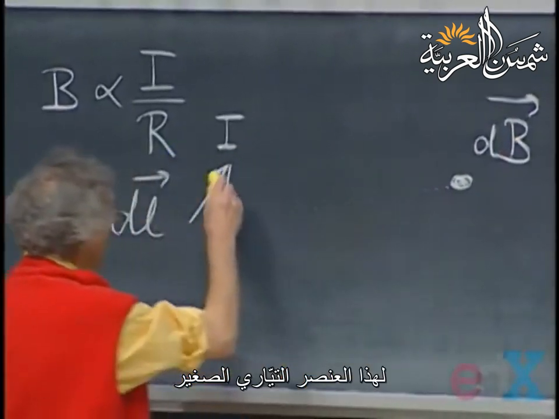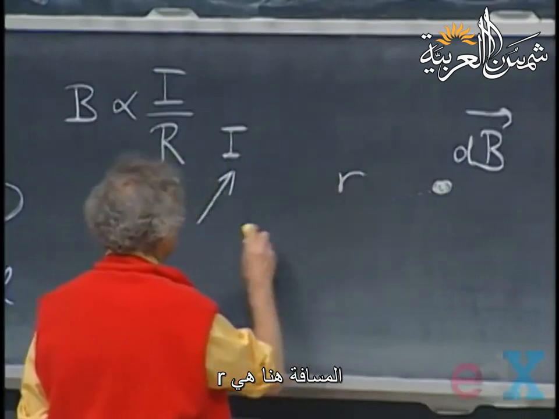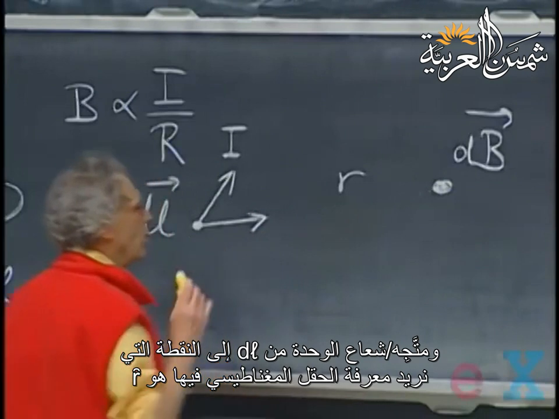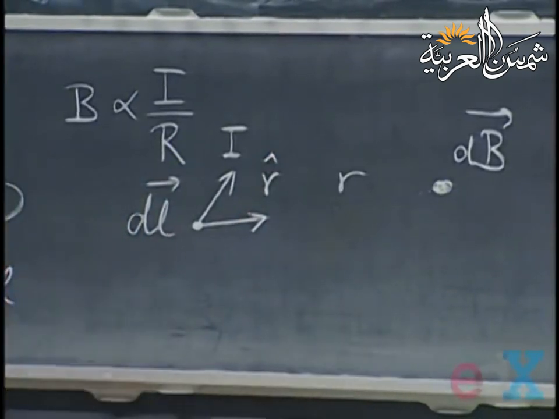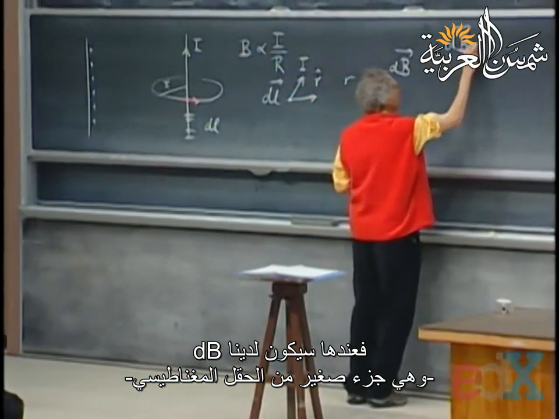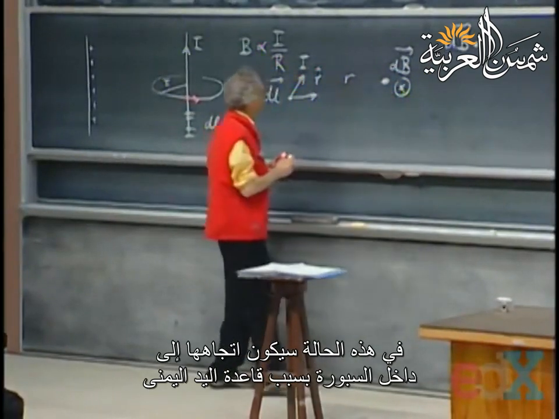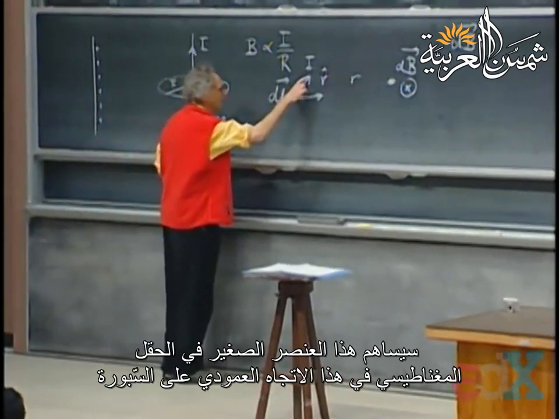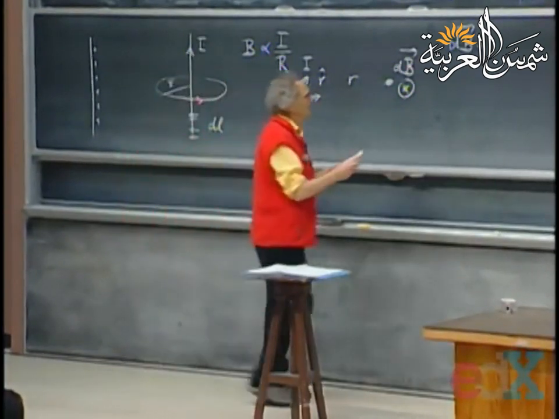it's a small contribution dB to that little current element, and the distance is r, and the unit vector from the element dl to the point where you want to know the magnetic field is r roof. Then the idea is that dB, it's a little bit of magnetic field. In this case, it would be in the blackboard because of the right-hand corkscrew rule. Current is in this direction, so this little element would contribute to a magnetic field in this direction, perpendicular to the blackboard. It's some constant,